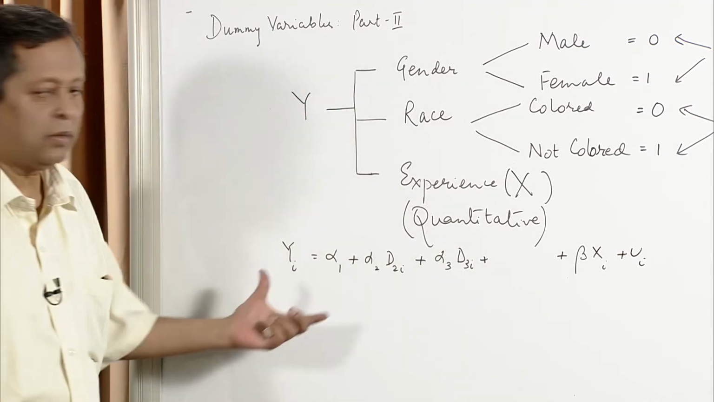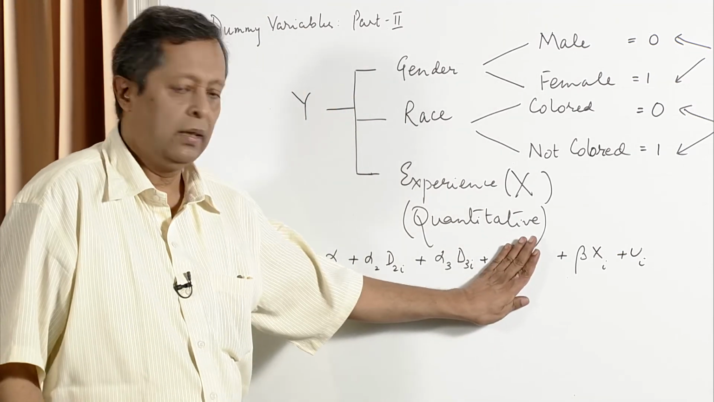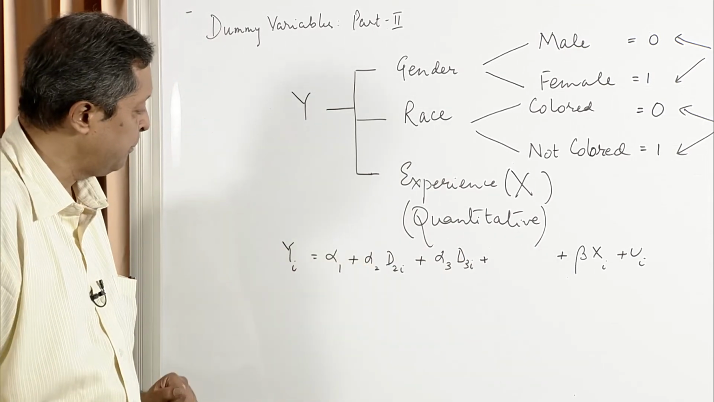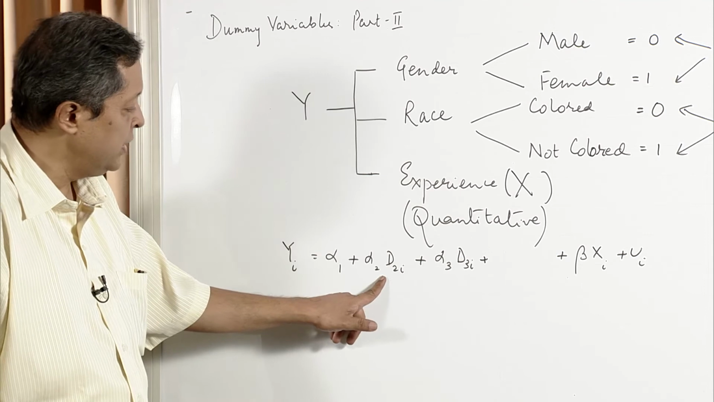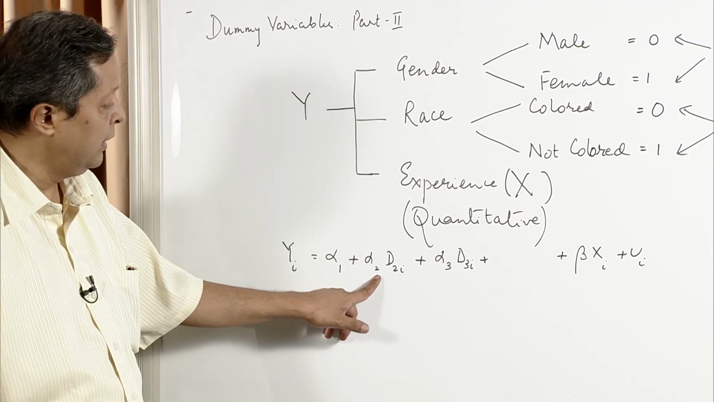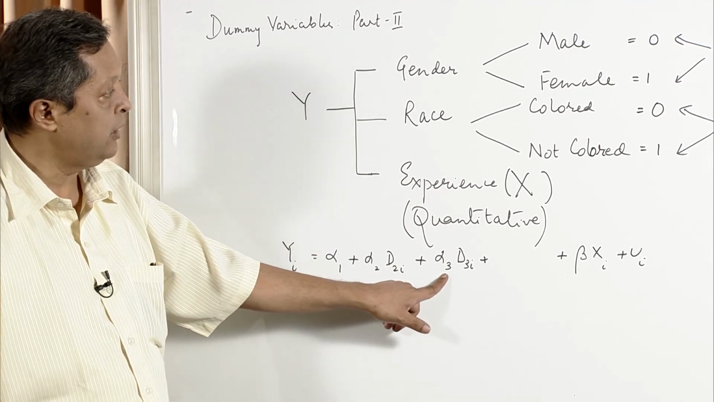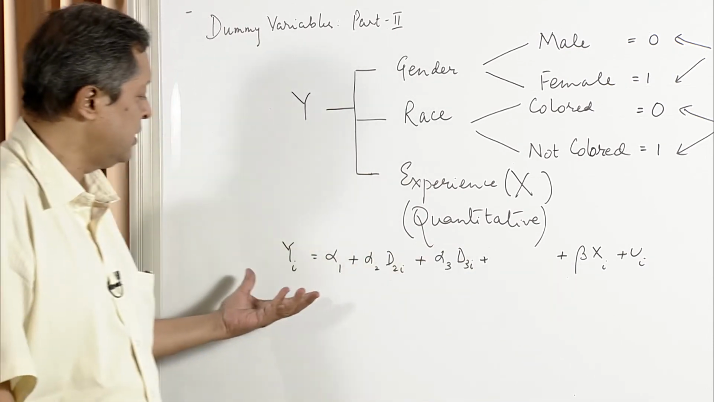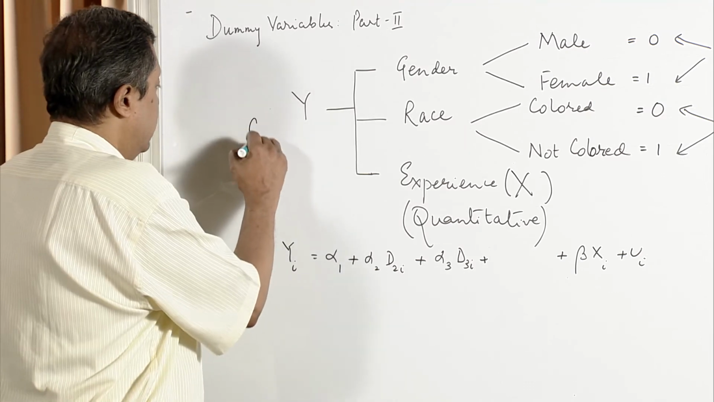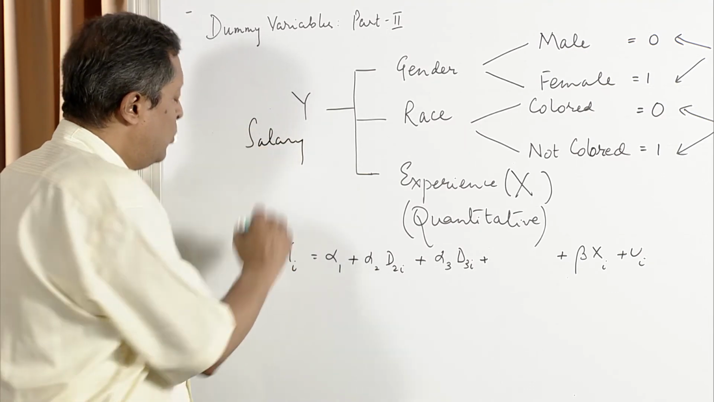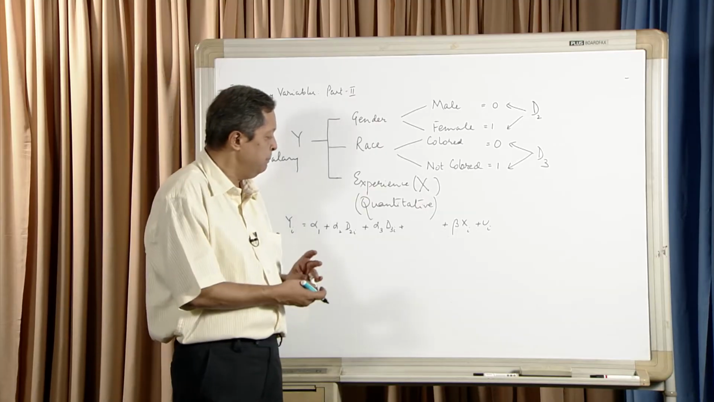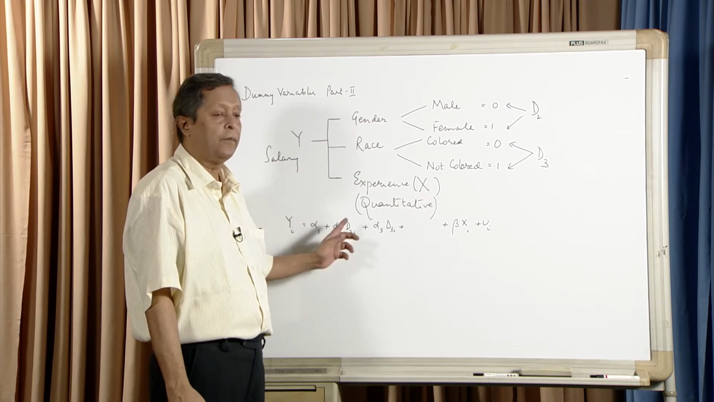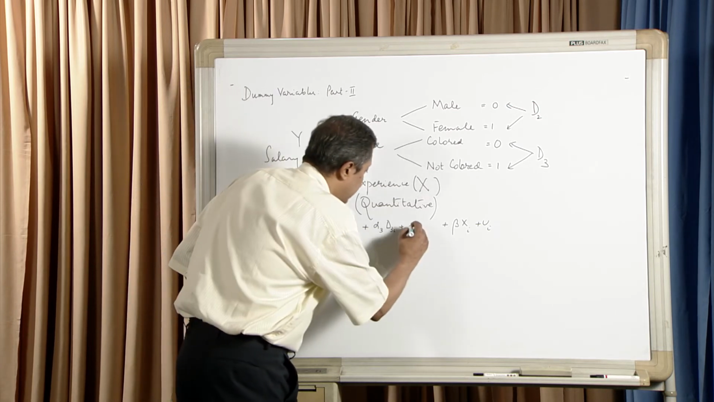If this were our model, just mentally overlook this gap here. So, what does the model say? That alpha 2 is the differential impact of being a female, alpha 3 is the differential impact of being not colored, and this is the impact of years of experience, maybe y is salary. Someone might say that the differential impact of being colored will depend on whether the person is a male or a female. That is why we bring in another